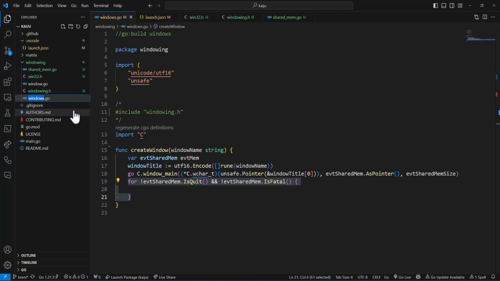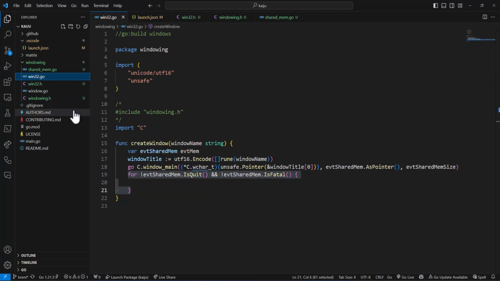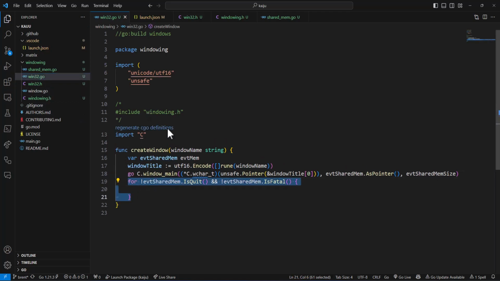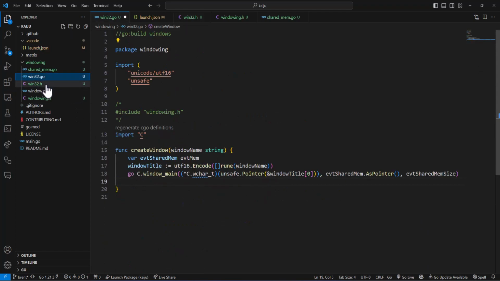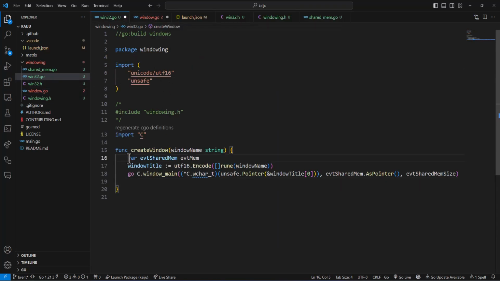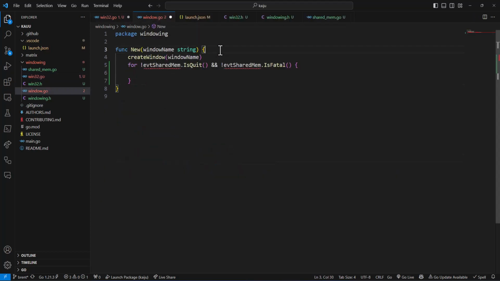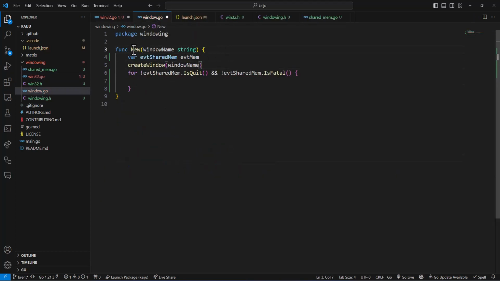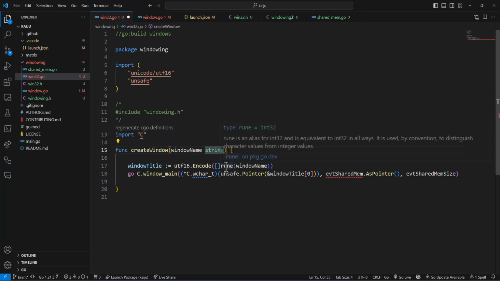Okay, next, I want to pull out this for loop from the Windows code specifically. And I'm also going to rename this to win32.go, just so it's less confusing between window and Windows. I had trouble with that just reading the files earlier. So we're going to cut this guy out and we're going to go over to window and put it right in there when we create the window. That means we're going to have to take the event shared memory outside into here,